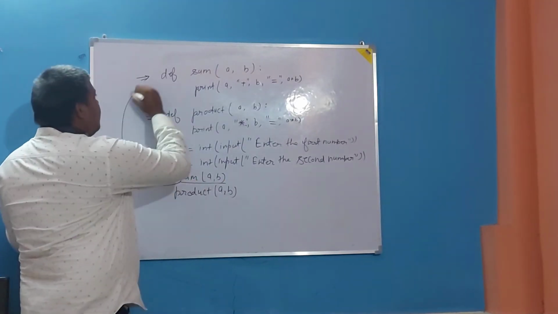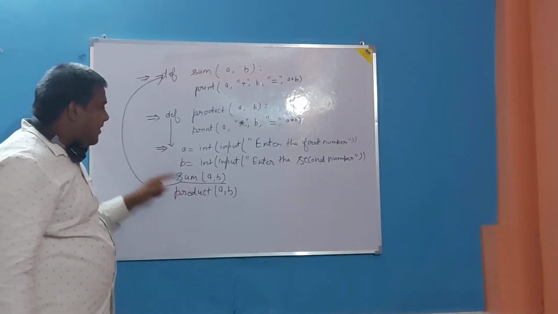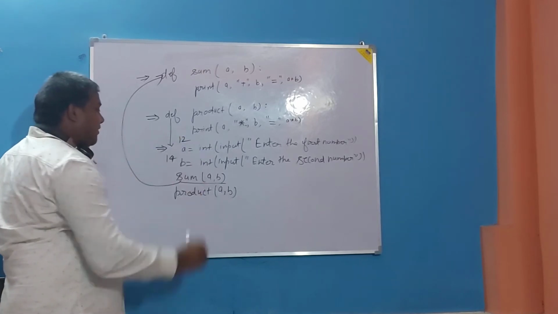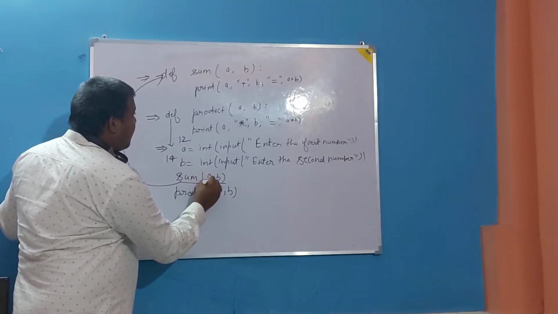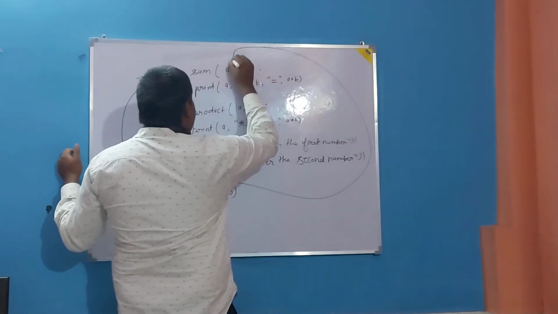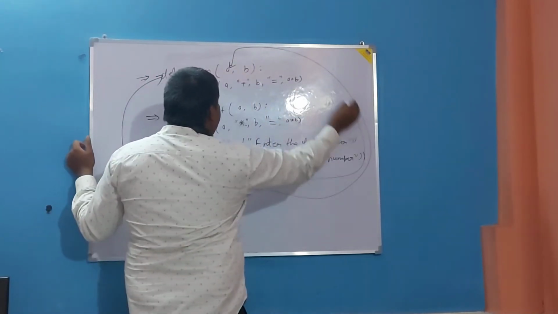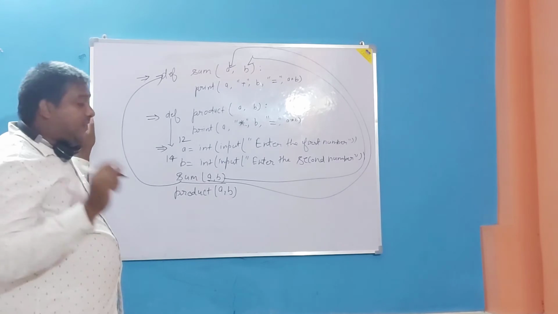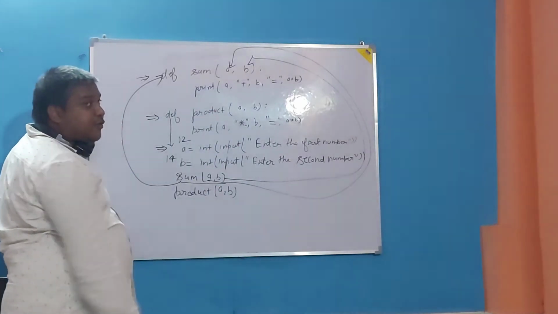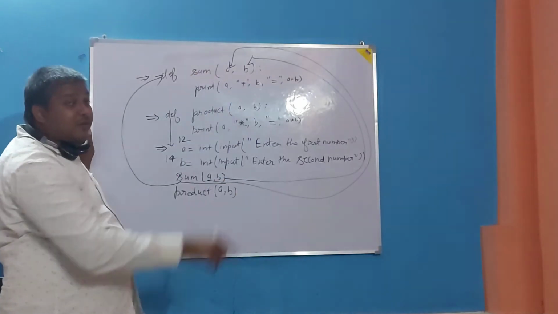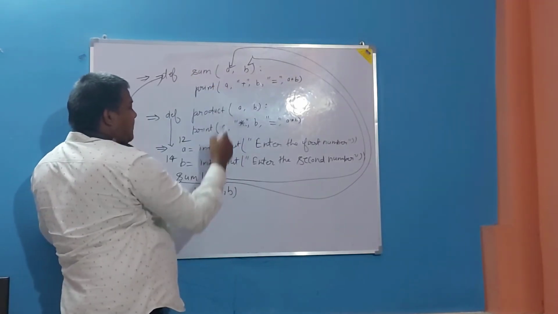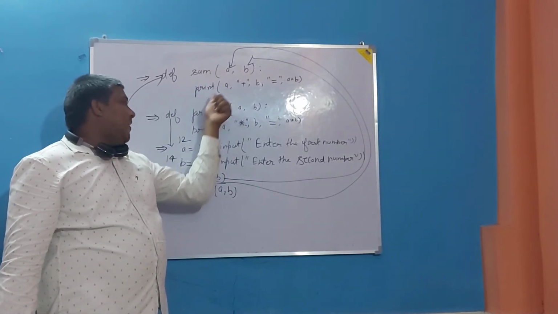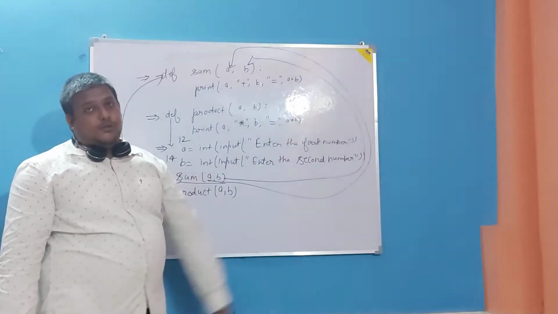So from here the compiler will move to that one, and here suppose the first number you have entered is 12 and the second number you have entered is 14. So here the first parameter is a, this value will be copied into a, and this value will be copied into b. Clear? Just keep in your mind, whichever sequence the values you have written in, the same sequence the values will be copied. The first value will be copied here, and the second value will be copied in that, and then this function will display, if the value of a is 12, 12 plus 14 is equal to 26.